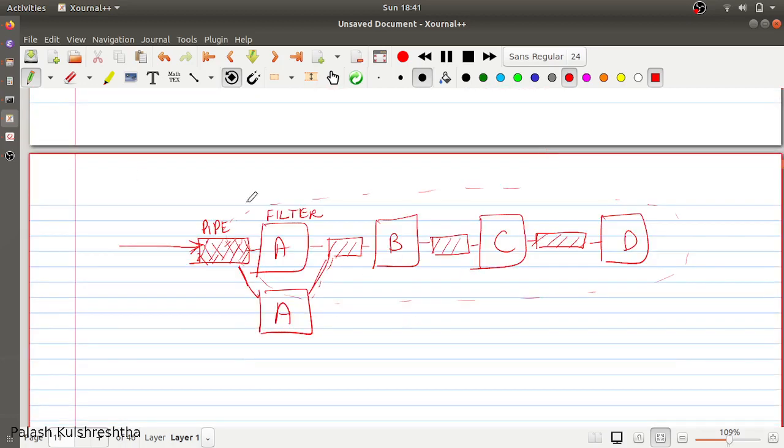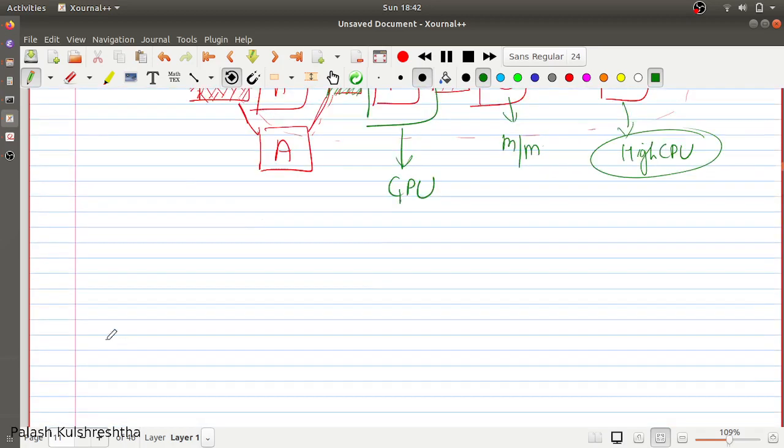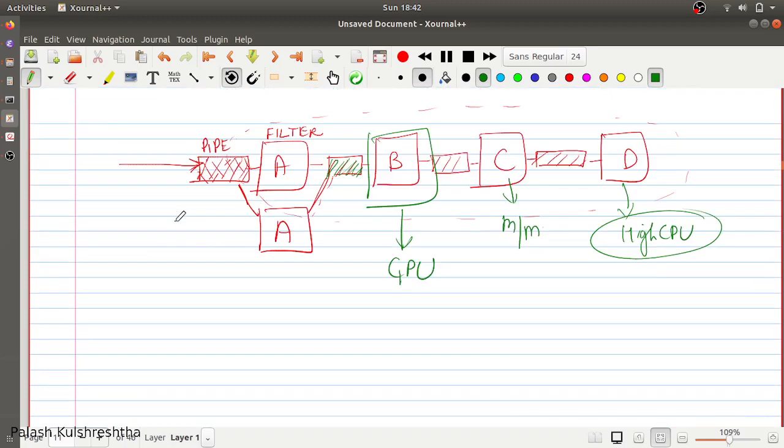But in this case, you can individually scale your task as per your requirements. You can individually decide what type of hardware resources you need for a particular task. Let's say this task needs GPU, this task needs memory intensive processing, and this task needs high CPU. So you can have different systems for these tasks. They are connected by pipes, so they can be scaled separately, they can be deployed separately, and they can be connected. For example, if you have to use another type of system